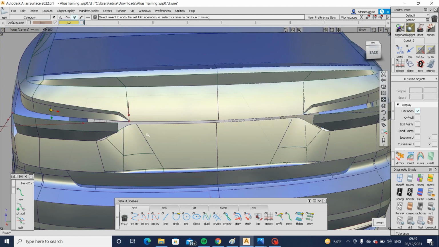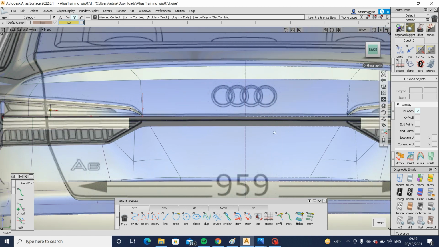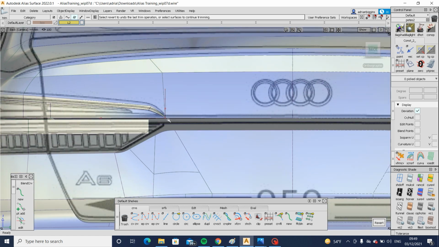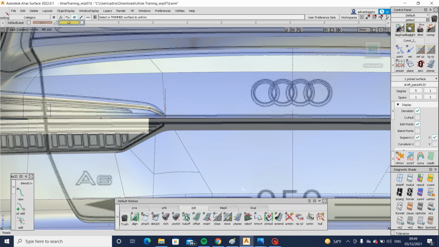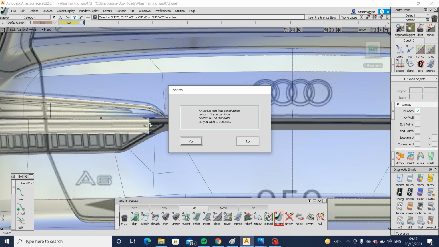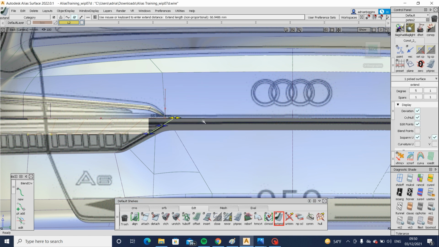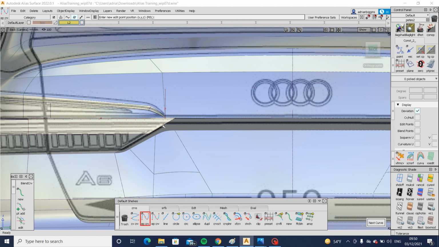So from there we can easily build the chrome piece, but first we'll extend that to there. Probably extend it so it goes all the way to there, and then we trim a piece out. So let's do that. Extend. Oh, it's trimmed. So make sure it's untrimmed when you have to extend, otherwise it usually doesn't work. Or it will work, but then it will just untrim after you've extended it, and that can make things a bit messy. So we've overextended it, and then we just kind of get it to the point that we want to trim it at,